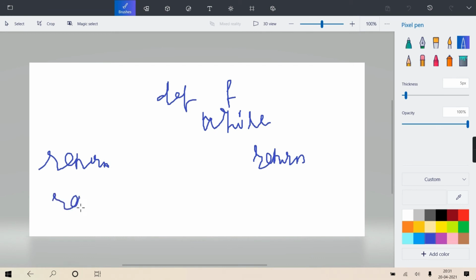And both provisions are there: only return, and return with some value. Generally which one of these two you use is up to you. If your function doesn't want to return anything, but you want to just stop that function based on some condition, and if that condition has come, you want to just come out of that function back to the caller, then use only return. Okay? But if you want to stop and along with that give some value back to the caller, you can use the second one. Both are valid.